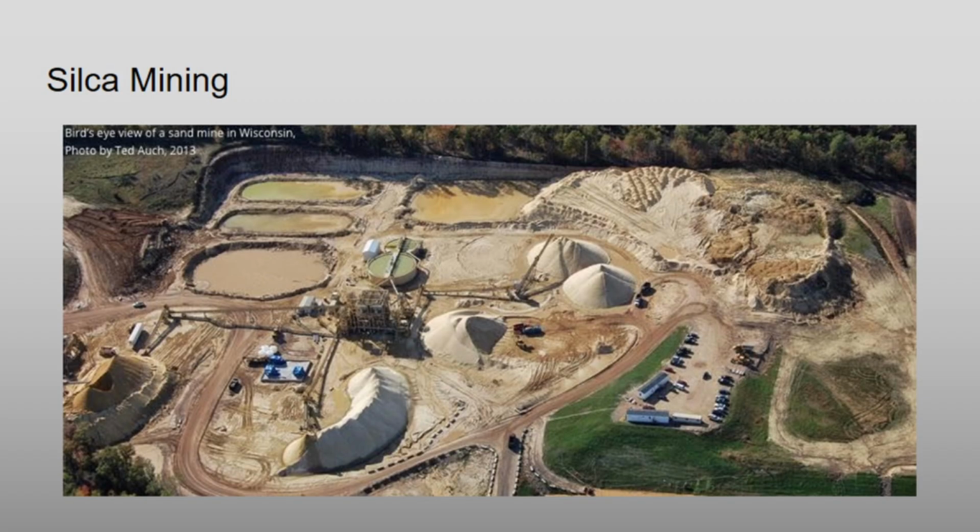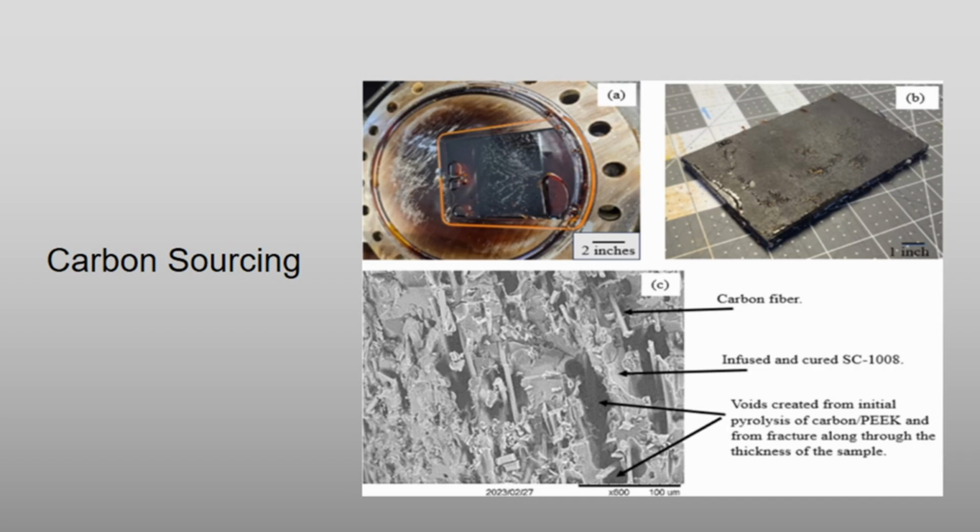Silicon mining. High purity quartz or silica sand is extracted from open pit or underground mines. Carbon sourcing. Coal, wood, or petroleum coke is mined and processed to serve as a pure carbon reducing agent. This displays the macro and molecular level transformations of raw thermoset or thermoplastic carbon sources into pure carbon matrices